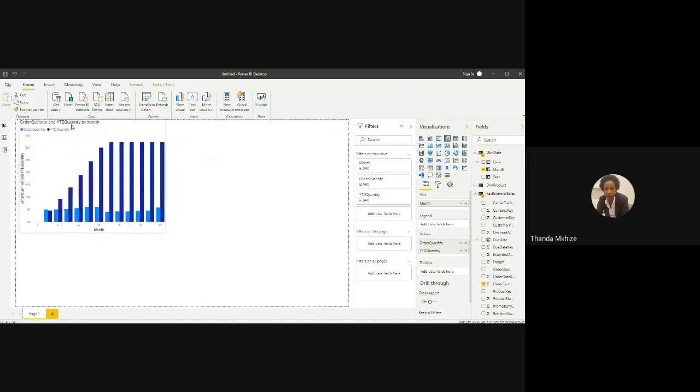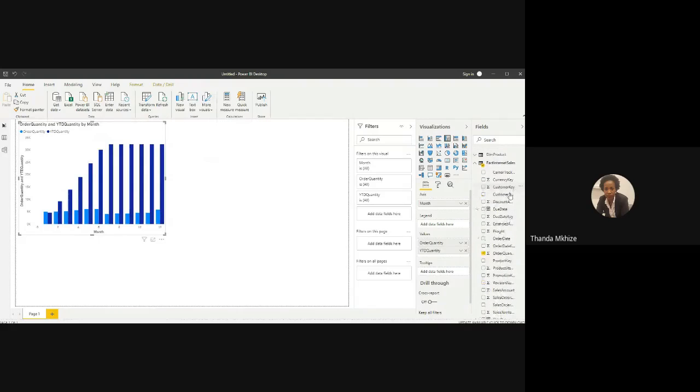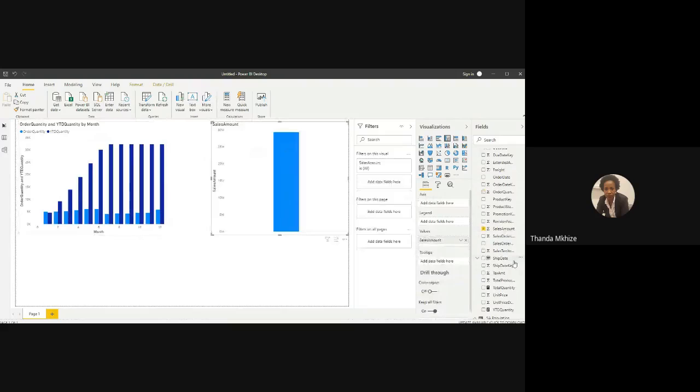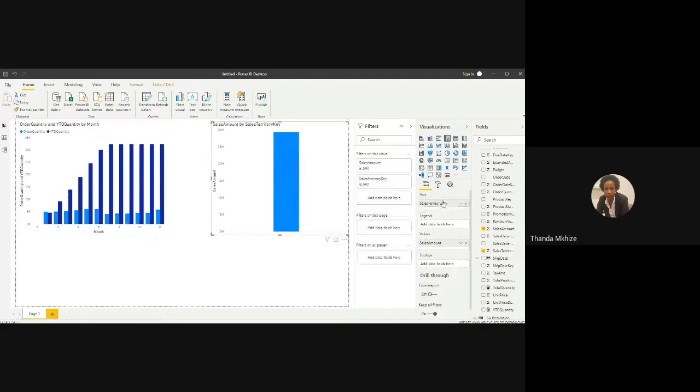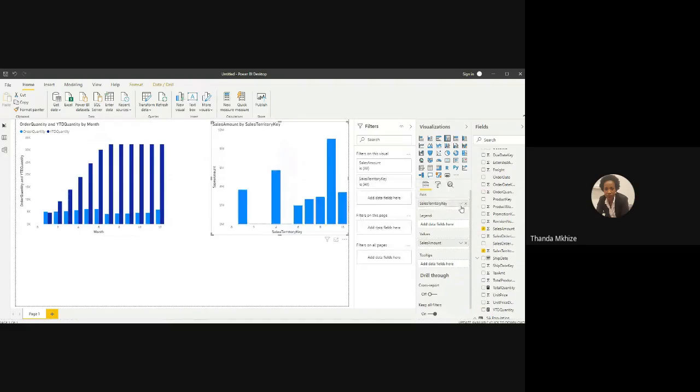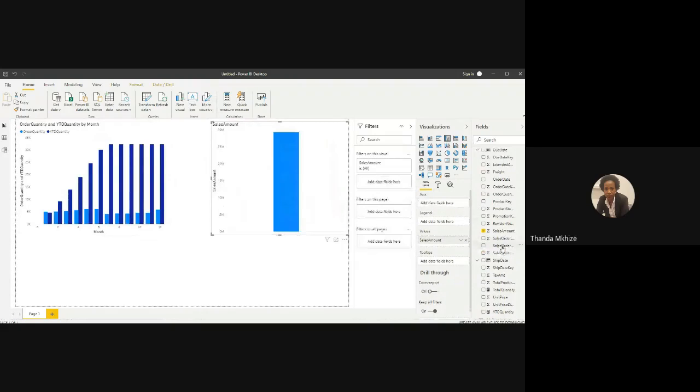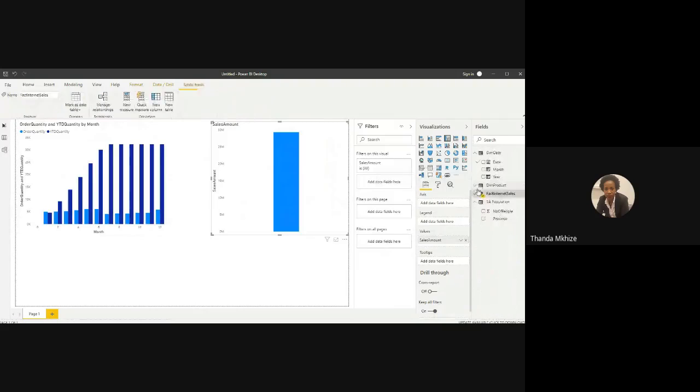For instance, you can have this, and then you also want to look at the sales amount. So you pull another view here, and you want to look at it maybe by territory. Or let's put something else which is not a number. Everything here is a number because it's modeled data. So I would have had to pull, so you want to look at it by model name. So this is now looking at the